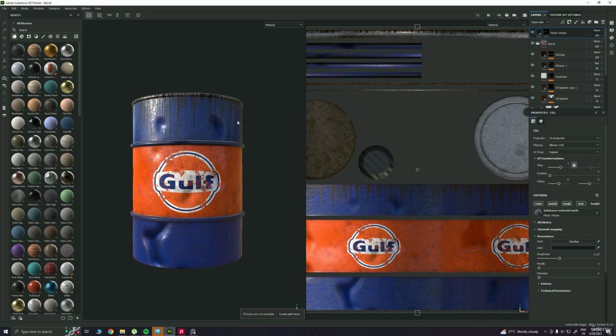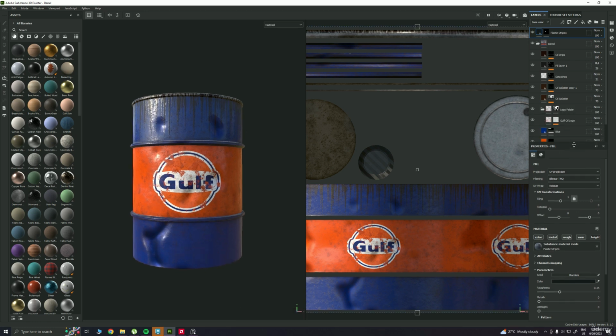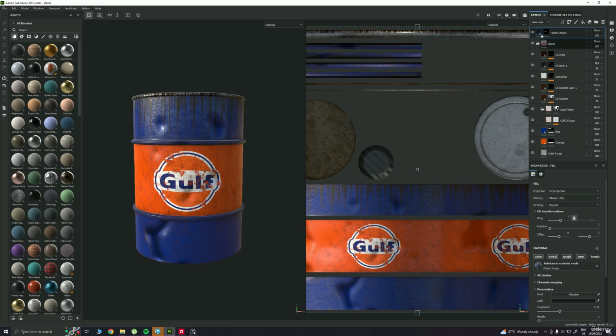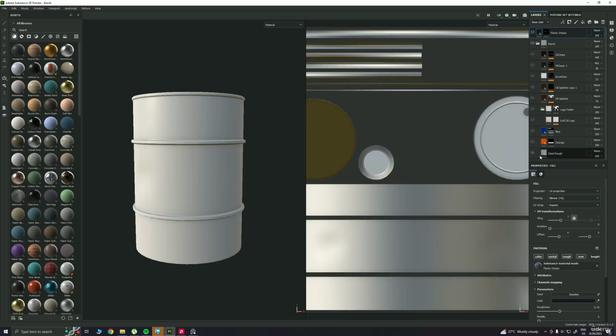If you are familiar with Photoshop, then you will know the layer system over here. Like in Photoshop, here also it goes in ascending order. Whatever is on the bottom is actually on the bottom. If I show it to you, everything. So the very first material we have here